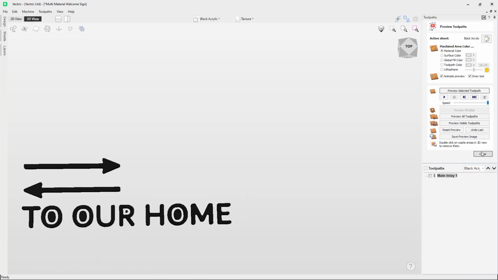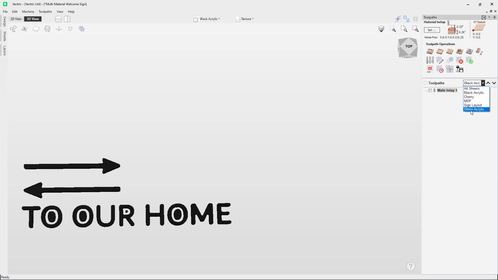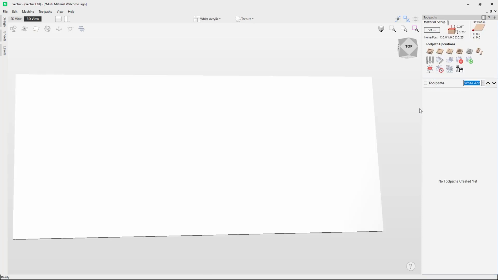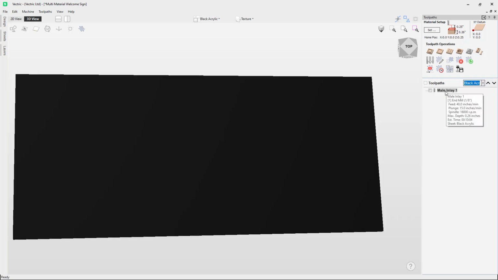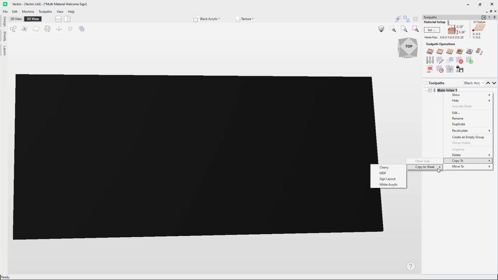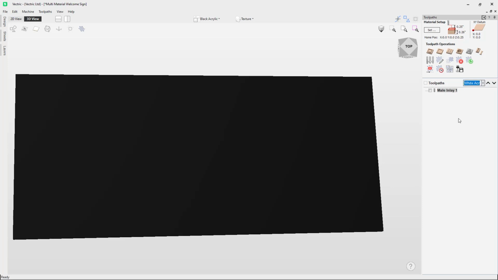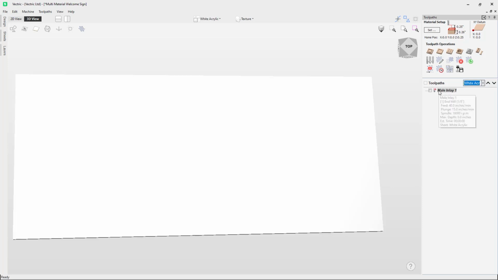Now, if I now switch to my white acrylic, I don't actually have any toolpaths, but what I can do, because I'm using a similar material setup to my black acrylic, is to copy this toolpath across to it. So if I right mouse click onto my black acrylic toolpath, and I choose copy to sheet, and I choose white acrylics, I can click on that, and then when I switch now to white acrylic, you'll notice I have the inlay toolpath